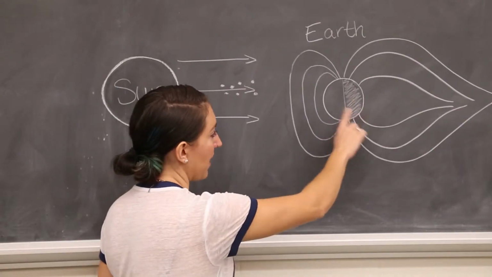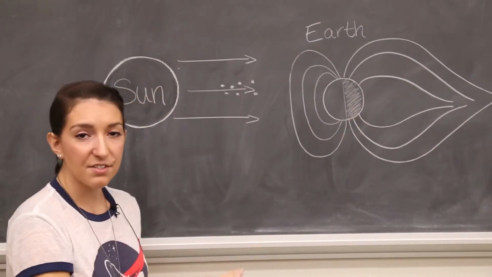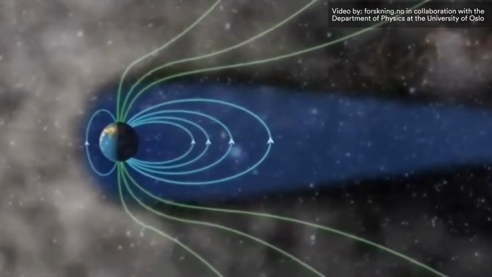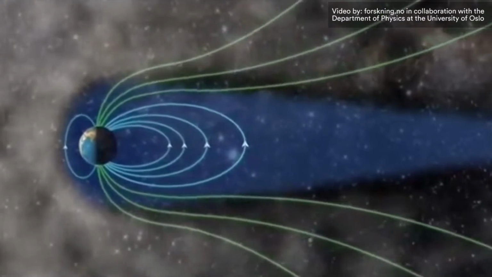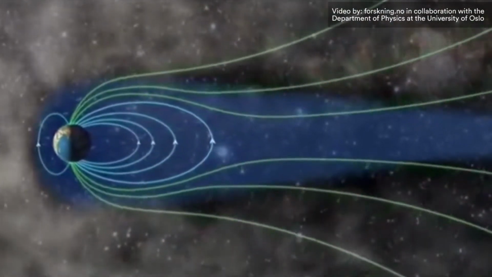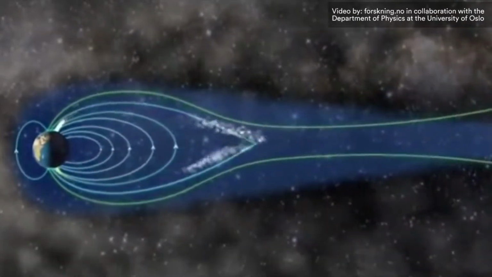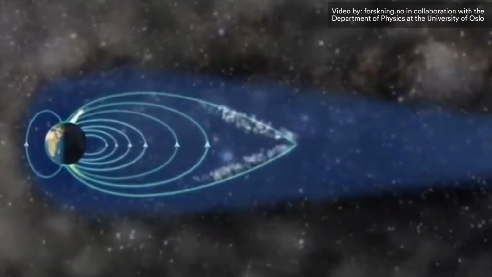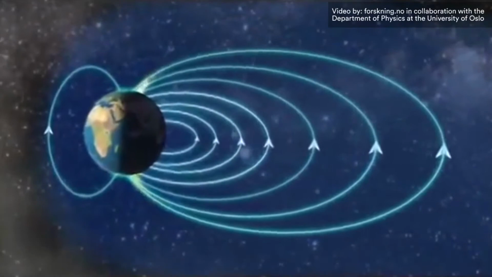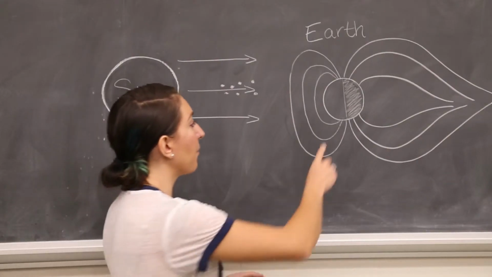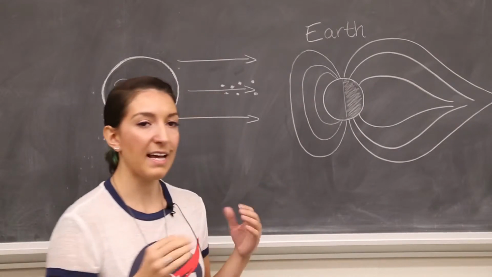You can see I've drawn a shadow where the sunlight does not reach, and that's the nighttime side of the Earth. And so when the solar wind goes around the Earth, it actually reaches the backside of our magnetic field. It looks slightly different because it's distorted from the sun's own magnetic field. So when it hits the backside of the magnetic field, it is also drawn in toward the pole, and that creates the nighttime aurora.